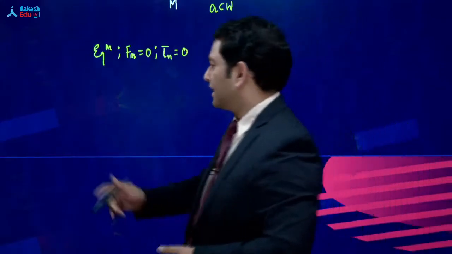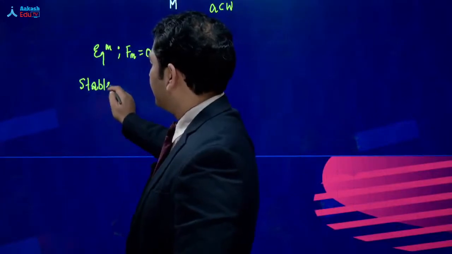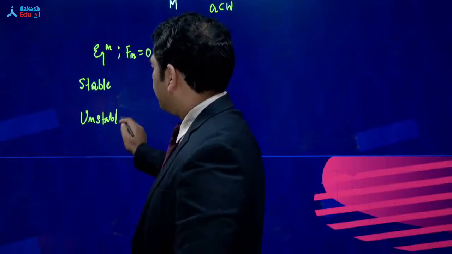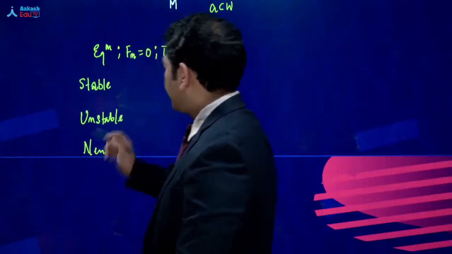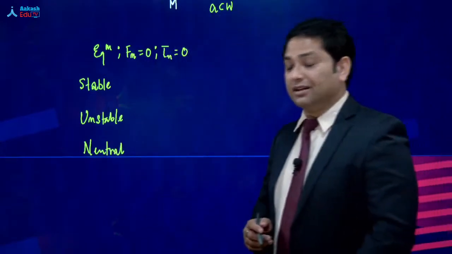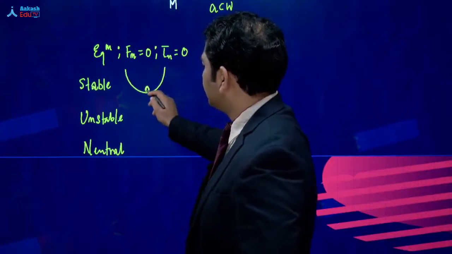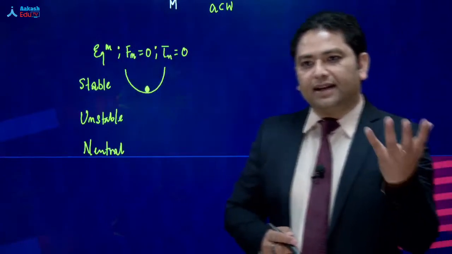And there are three types of equilibrium. The first one is the stable equilibrium. The second one is the unstable equilibrium. The third one is the neutral equilibrium. This is the type of stable, unstable, neutral. The good example of stable equilibrium is this. There is a cup, there is a katori, and in this